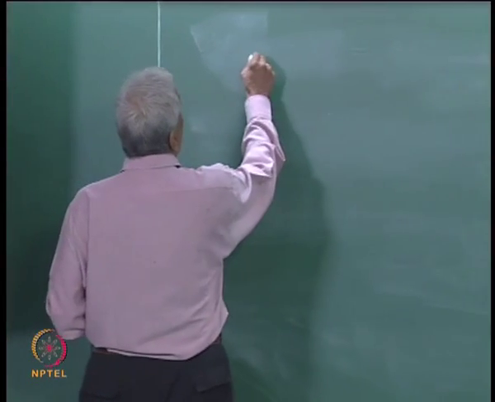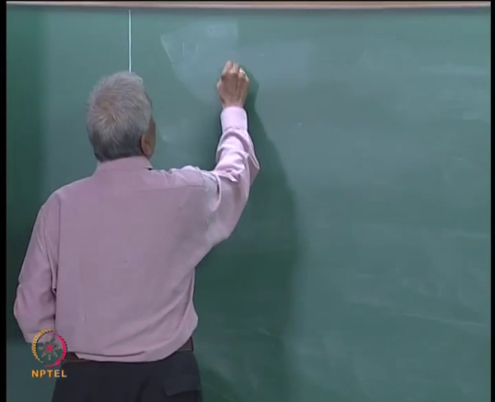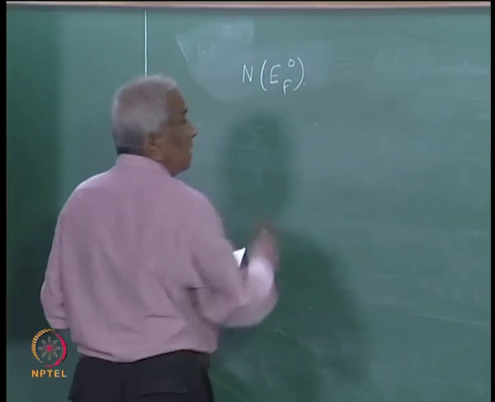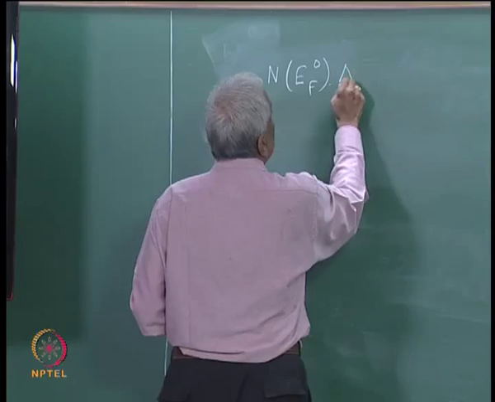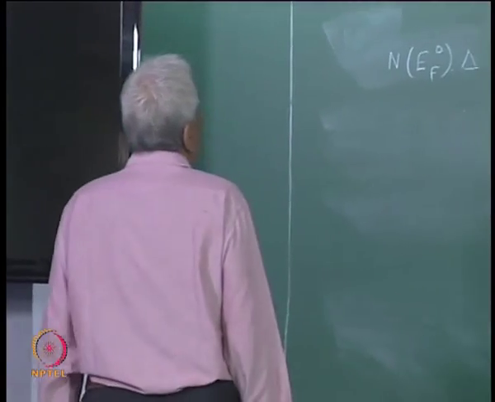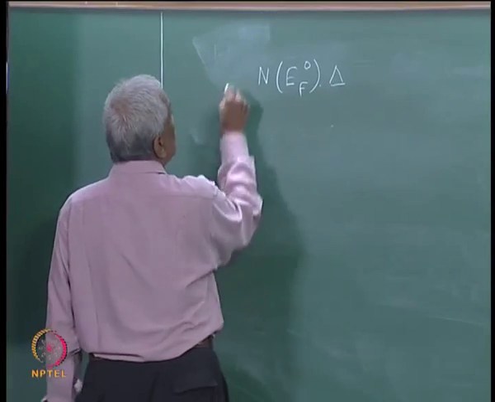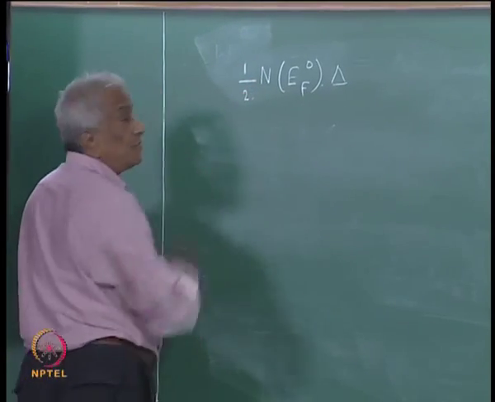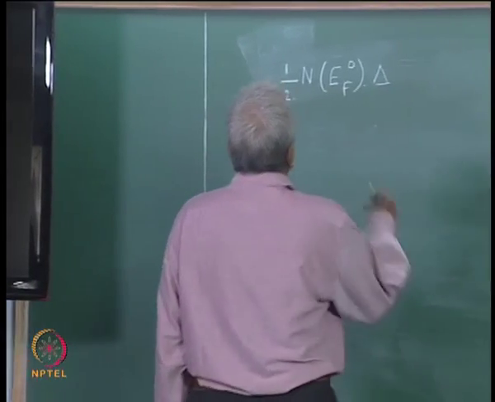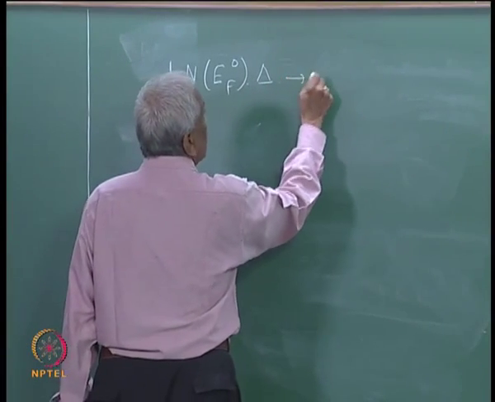The number of electrons is given by the density of states times the width in energy, which is of the order of the energy gap, and this is the number of electrons. You have to take half this in order to find the number of pairs,